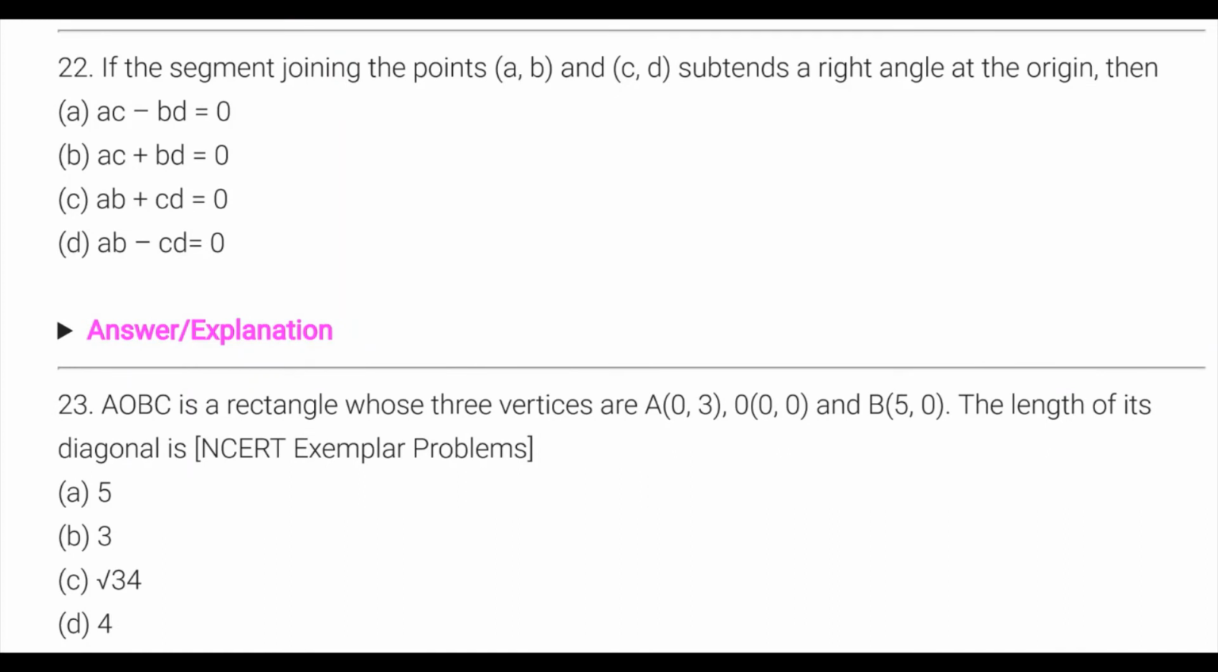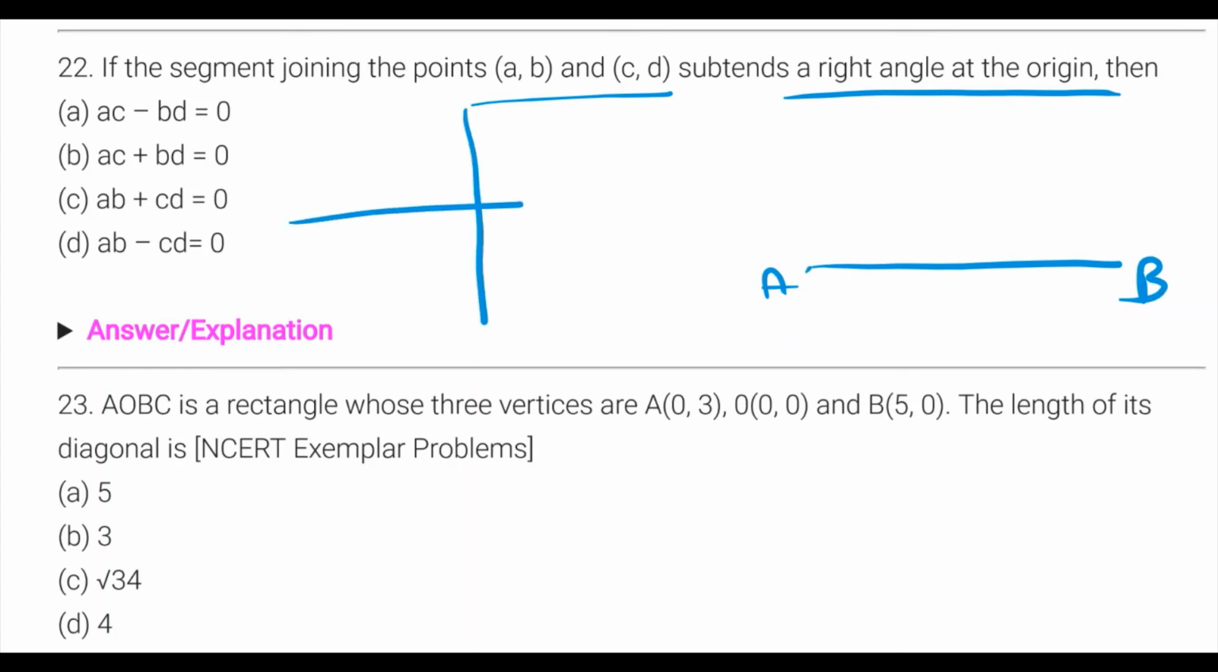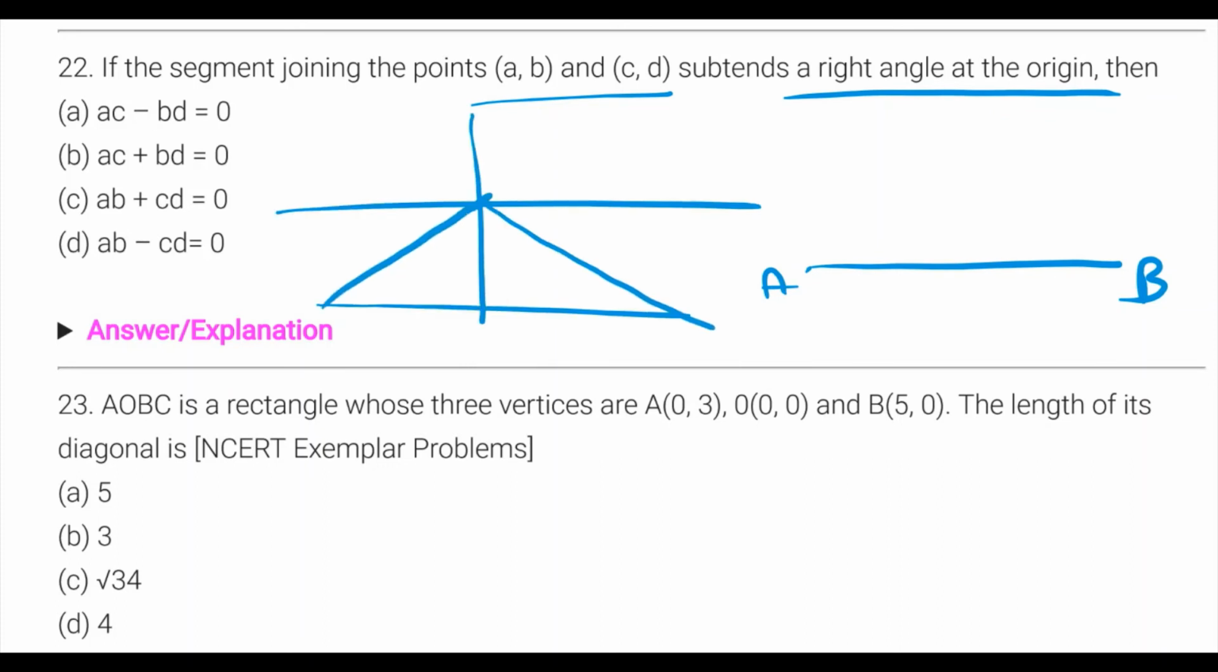22nd one. If the segment joining the points subtends a right angle at the origin, then. So it is given that AB is a line segment which subtends a right angle at the origin. So if this is the origin, if I take any line segment here, this line segment makes a right angle. So like this angle is a right angle here. That indicates